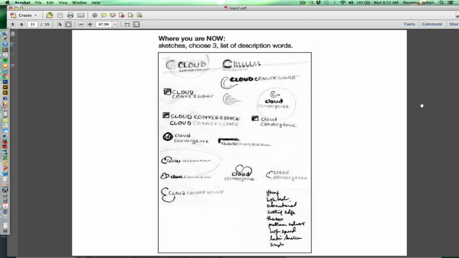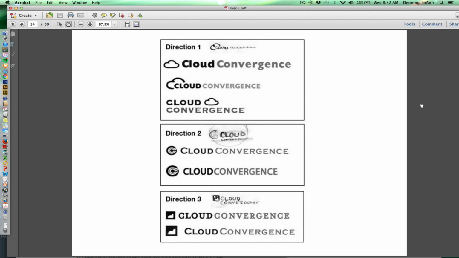So here's where you are now. You're going to choose your 3 strongest designs, and you're going to start to develop them into strong grayscale solutions. And you're going to still experiment. So you're going to get your grayscale solution into the computer, and then you're going to tweak it a little bit. So today we're going to go through, or not today, but this week we're going to go through